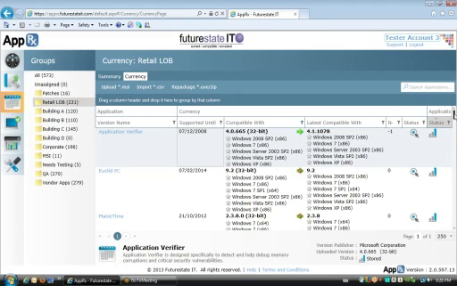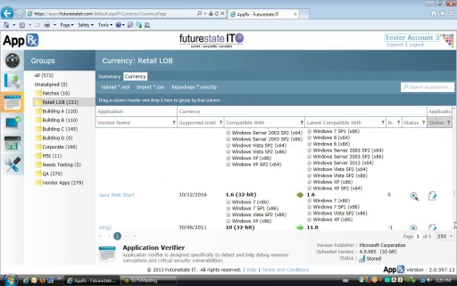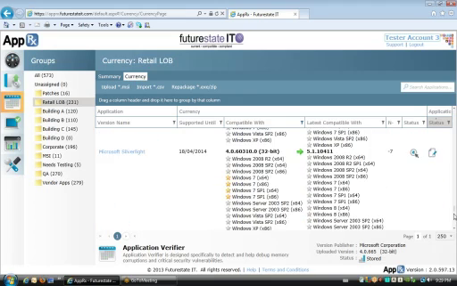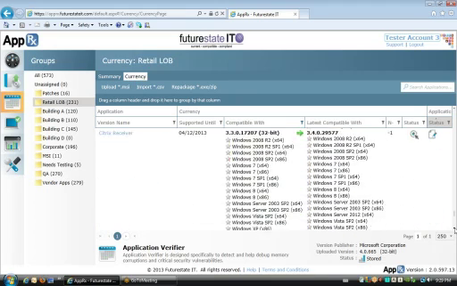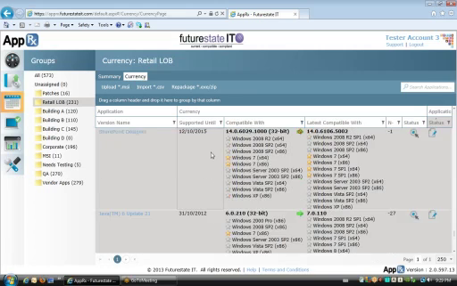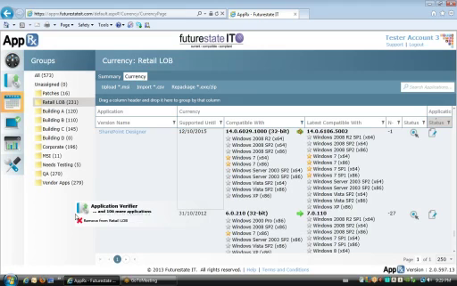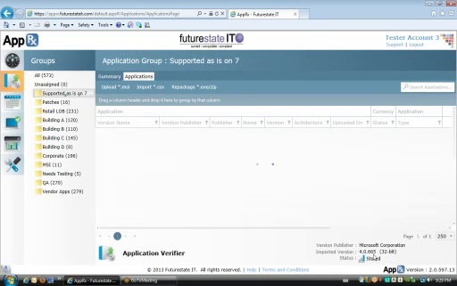So I can now scroll down. You can select a bunch of apps all at once. You can pick a couple or drag them all over, whatever you want to do. But regardless, come down, grab your applications, click, drag over to the left, and create an application group. So these are supported as is on 7. So I can go ahead and create a report based on that, send that over to my UAT guys,